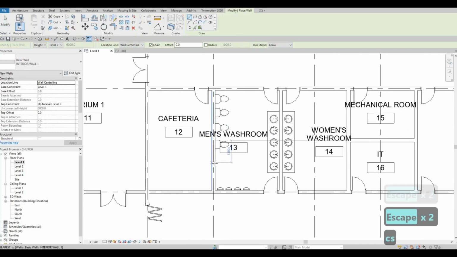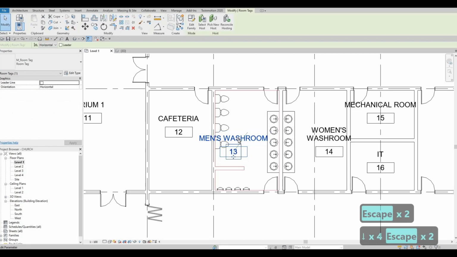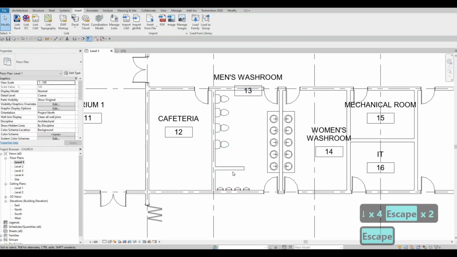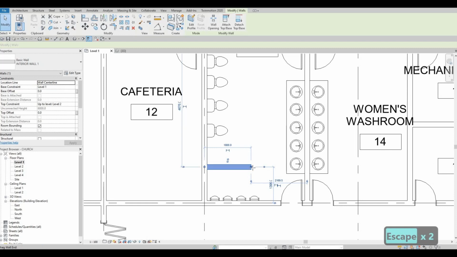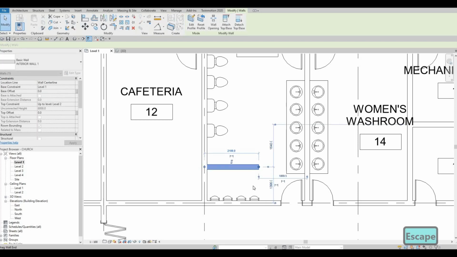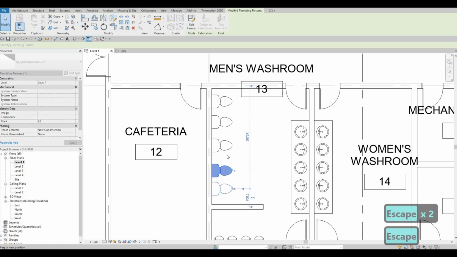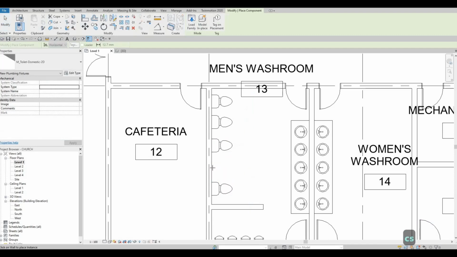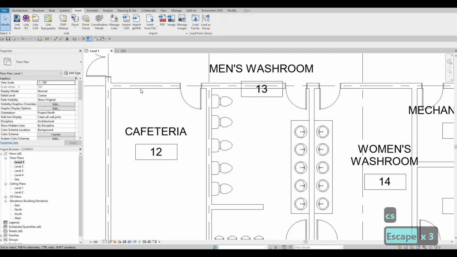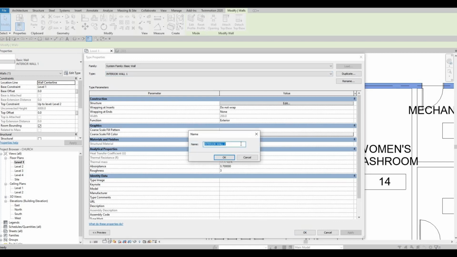select this one, CS, and I'm going to add a wall right here so that we have divisions. This one we could just pull it out so that we could see everything from here. And then here we could just create this division right here, and then we could just have everything properly like that. And then from here you can select that, edit type, duplicate. This will be for our